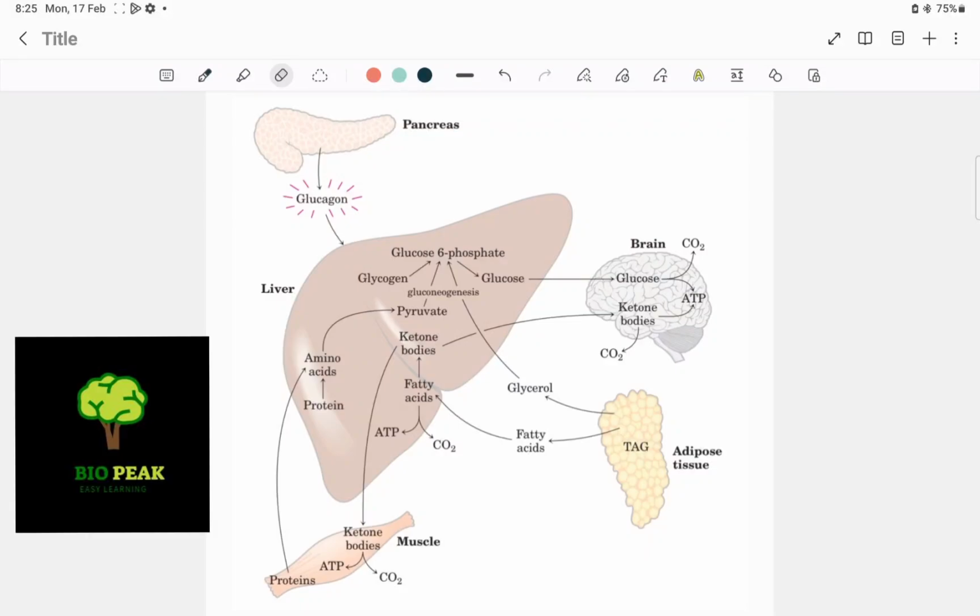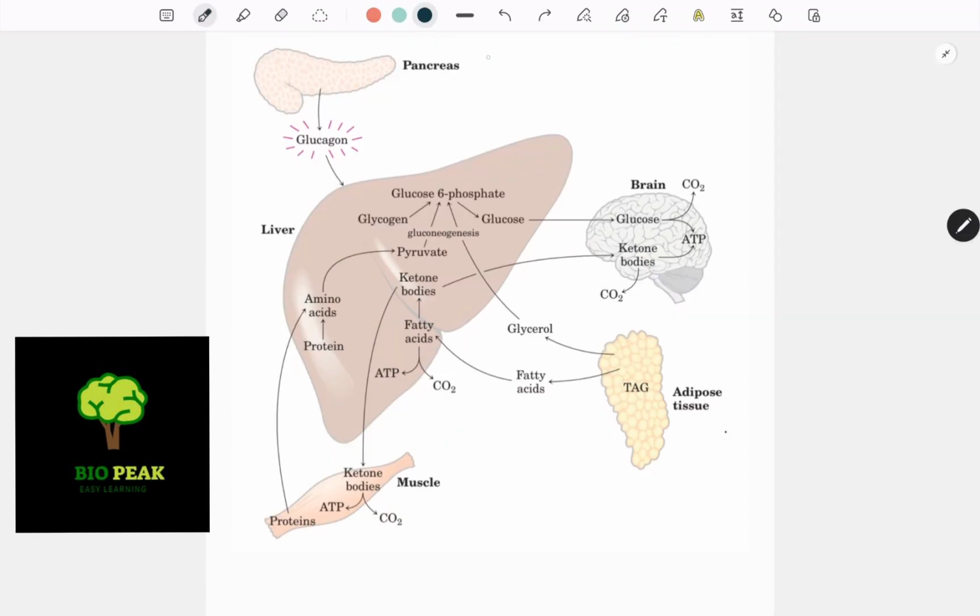After some hours without a meal, the liver becomes the principal source of glucose for the brain. During low blood glucose level, the pancreas, which is a mixed type of gland, produces a hormone called glucagon. This glucagon hormone causes the breakdown of liver glycogen. In the liver, the glycogen undergoes breakdown to produce glucose 1 phosphate.